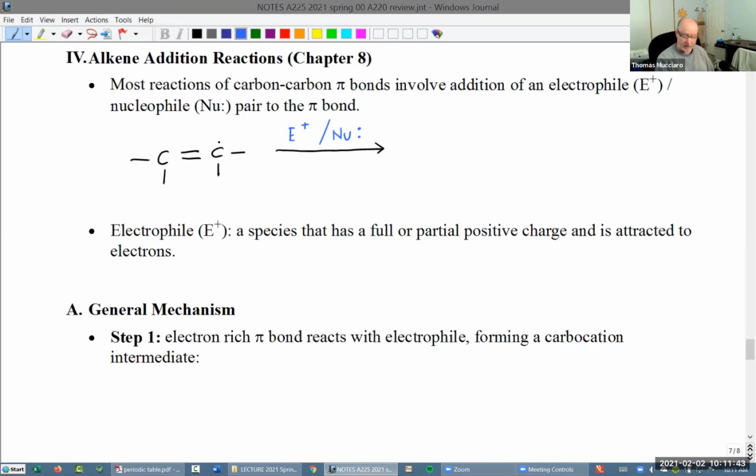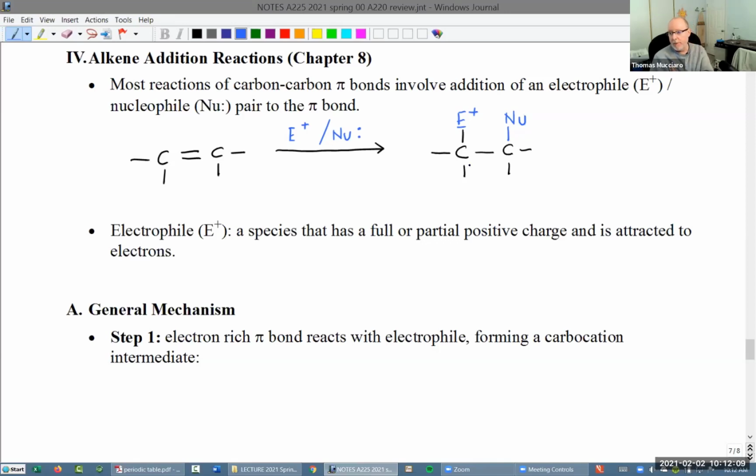And then once it reacts, it creates an empty space for a nucleophile to make a bond. So that what often happens in a sizable number of our reactions